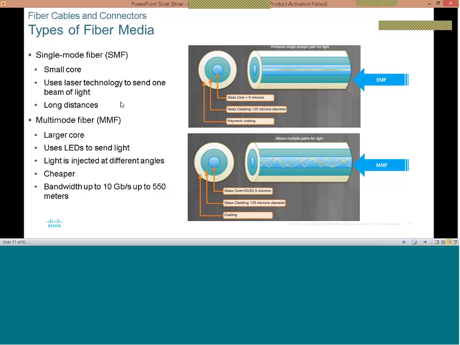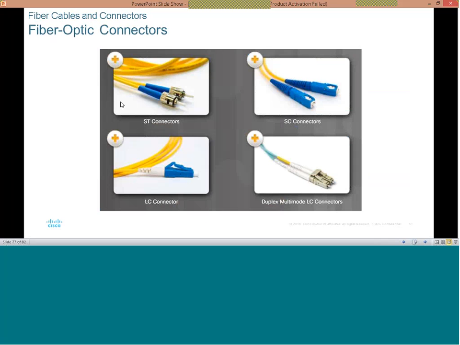And then here we have the fiber optic connectors. So we have different types of fiber optic connectors. We have the ST connectors. So it all depends on the media or the interface port you're going to connect it to. We have the ST connectors, we have the LC connector, we have the triplex multi-mode LC connector. So before you terminate the fiber cable to any of those devices, you must be sure of the port types,